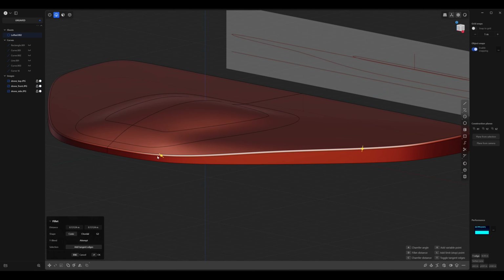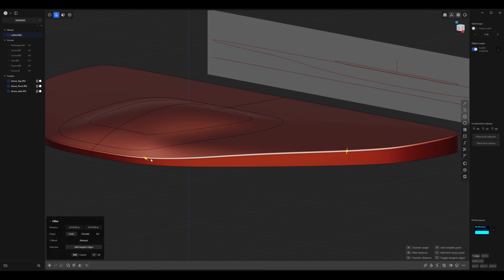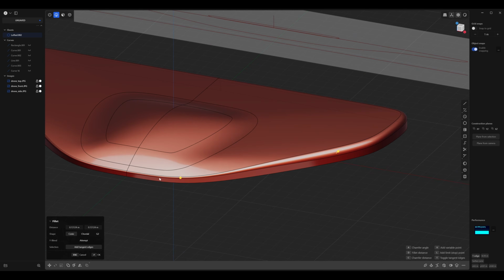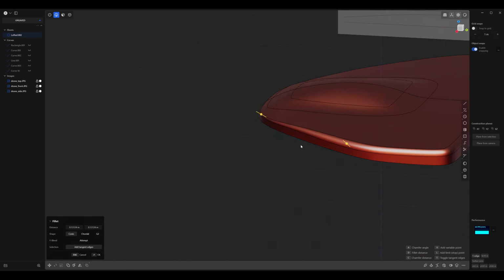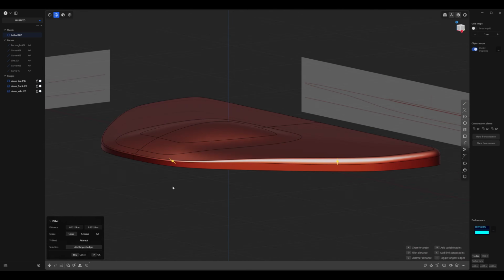So now you'll see two of these handles, which are the exact same fillet handles that we saw earlier, except you have two. So you can choose radius here, maybe keep it a little bit thin here, and then you have another handle here that allows you to widen it, and that's what we want. So now you can see that it starts small and it goes bigger and bigger as it goes backwards, giving it a little bit more interest in general.